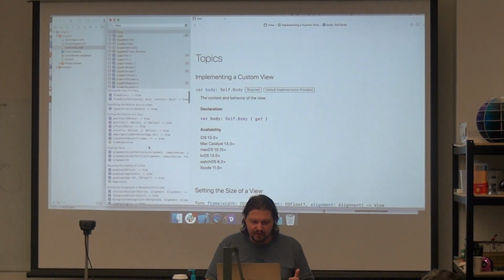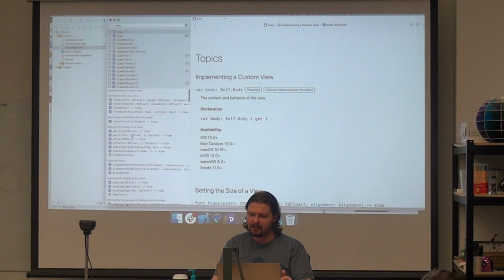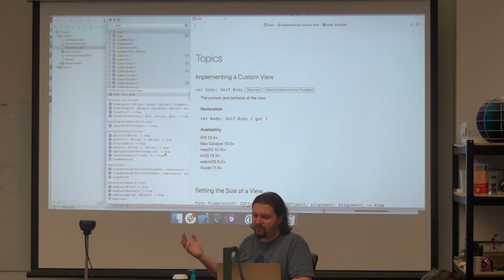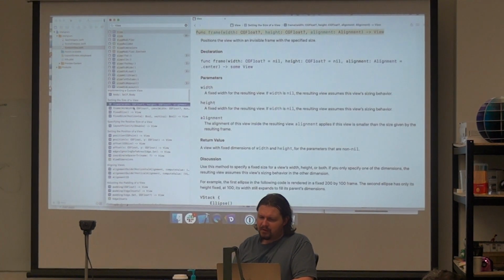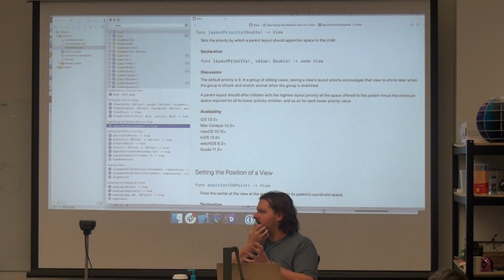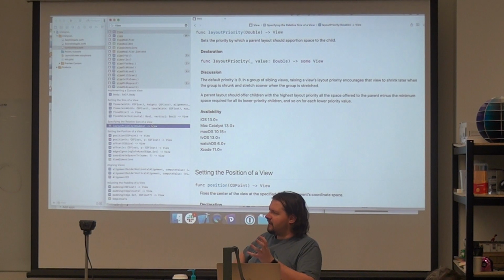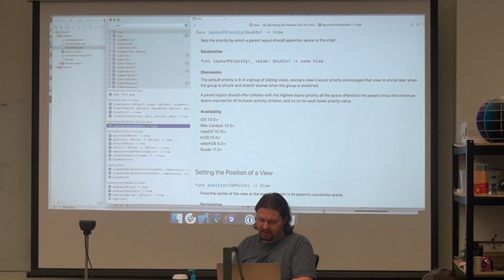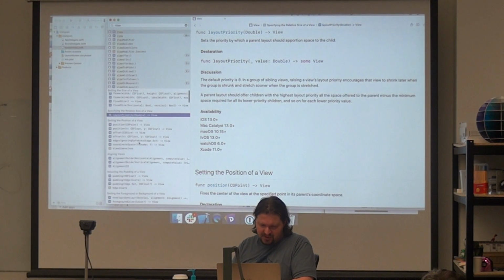There are a whole bunch of other things on this view. If you look over here in the list of methods, these are all things that you can do to a view. You can explicitly position them within the parent. You can specify a layout priority if you want it to start trying to size itself before or after its siblings. You can position things,